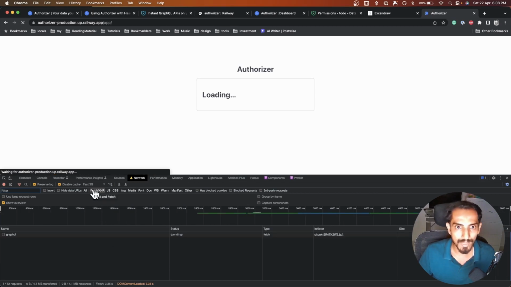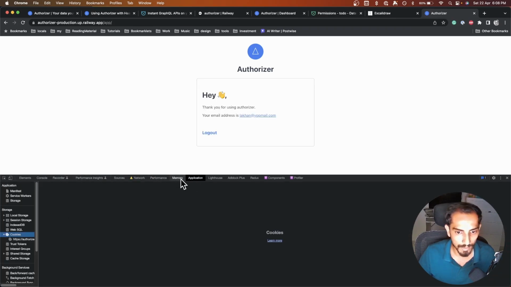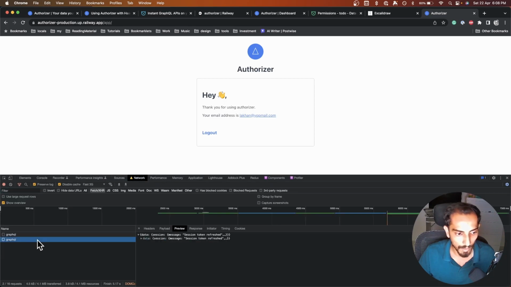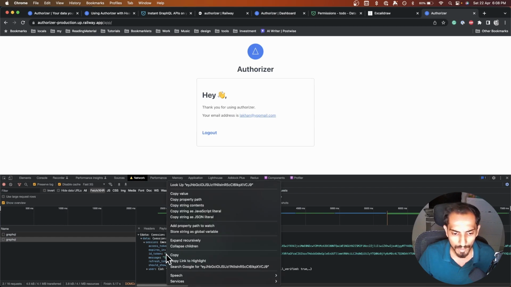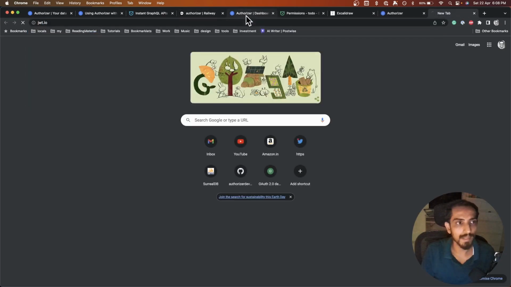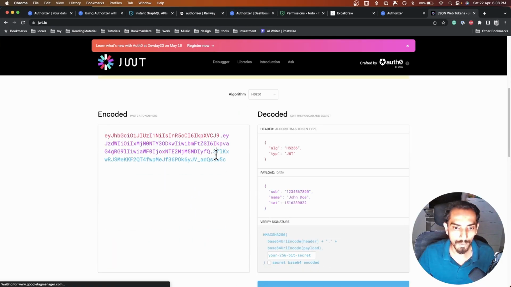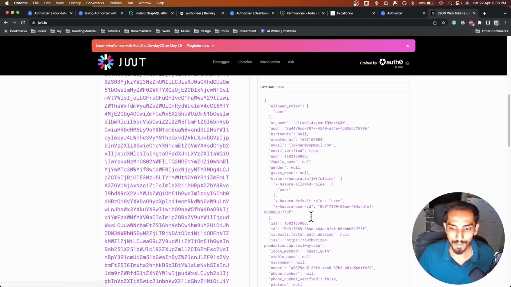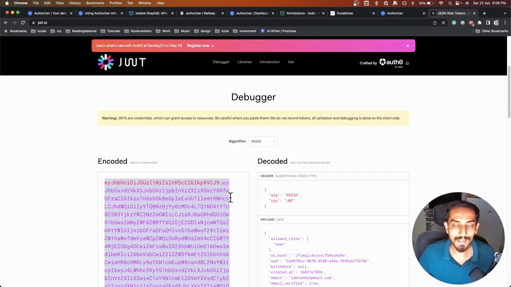Now what I want to do is I want to get the JWT token out of this, right? So what I need to do is I need to go to network section. Okay, I can check the GraphQL request. You will get an ID token over here. So you can copy the value. Okay, and you can also check whether those JWT claims are present in it or not. So if you go to jwt.io, okay, as you can see that Hasura roles is present, role is present, user ID is present, everything is there. So all we need is we need to copy